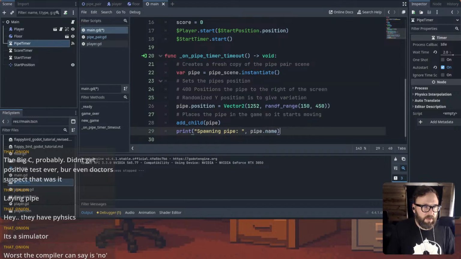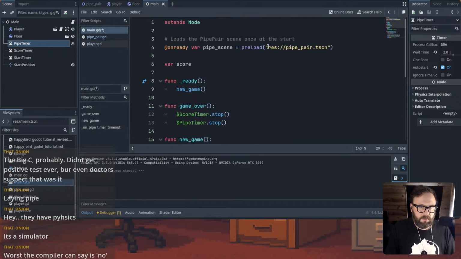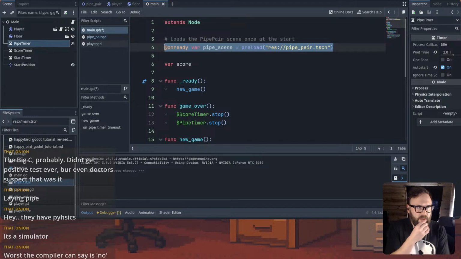We'll see if I get anything from there. Confirm your preload. Post the exact line where you define pipe scene in your script. It should look exactly like this. It does. It does. Shouldn't it be above extends? You mistakenly point pipe scene to a live node in your scene tree, then you'll keep reusing. I don't think that's what's happening, but